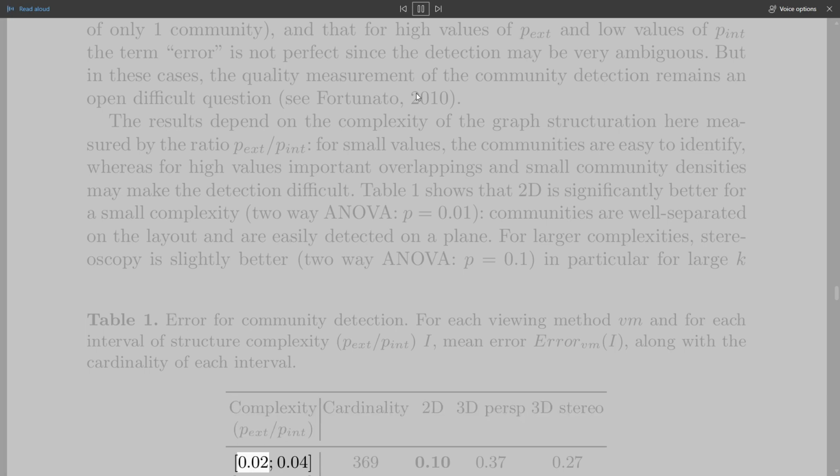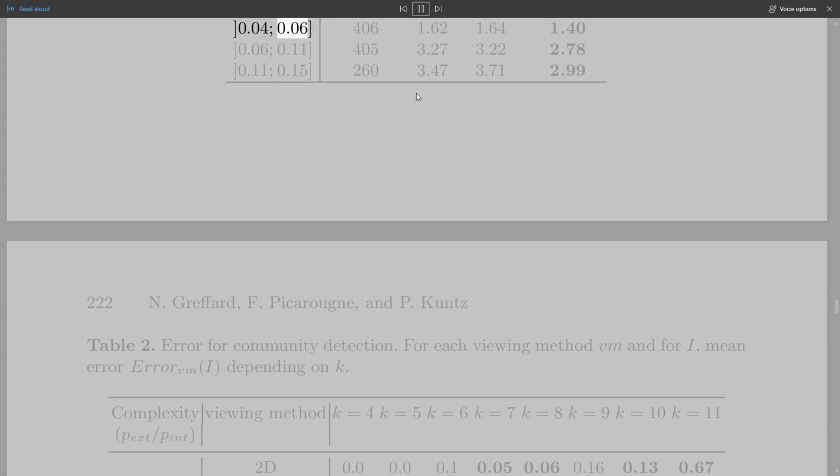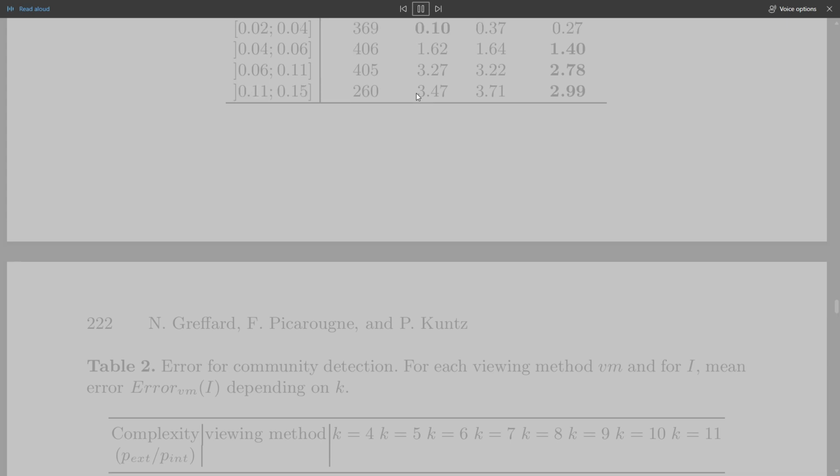PEX/pint. 0.02, 0.04, 0.04, 0.06, 0.06, 0.11, 0.11, 0.15, 369, 406, 405, 260, 0.100.37, 1.62, 3.27, 3.47, 1.64, 3.22, 0.27, 1.40, 2.78, 3.71, 2.99,